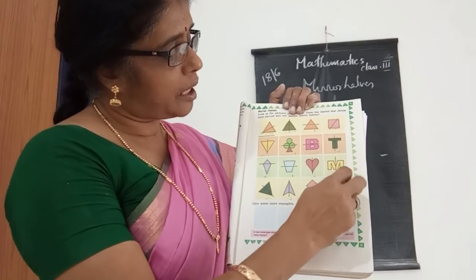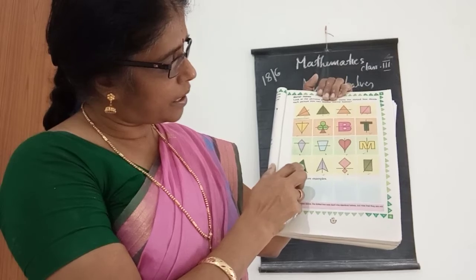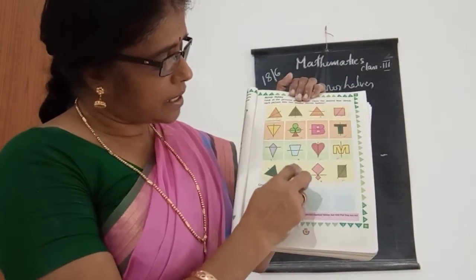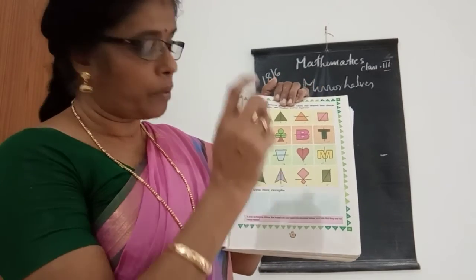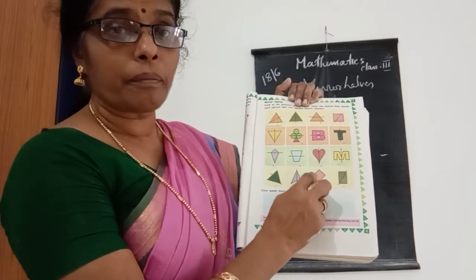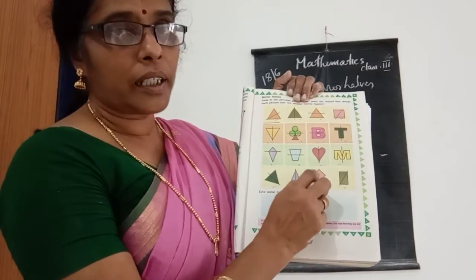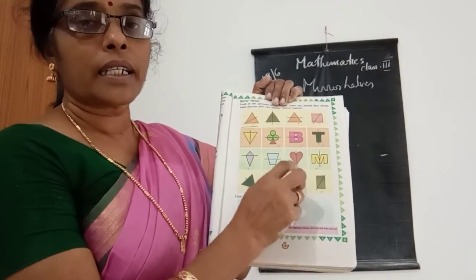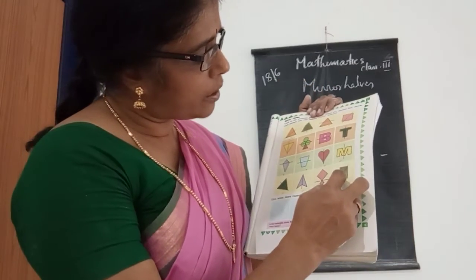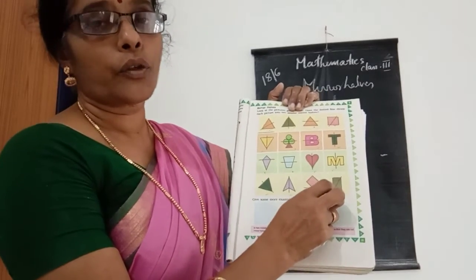And in this letter M, that is also a mirror, both sides are equal. And this one also, both sides are equal, that is not a problem, so that is a mirror. And the next picture is also the same, so that is also a mirror. And look here, children, this one is a big shape and this one is a small shape, so that is not a mirror. Both sides are not equal, one is big and one is small, so that is not a mirror. And look here, this one is also a mirror, you can see two triangles here, isn't it?